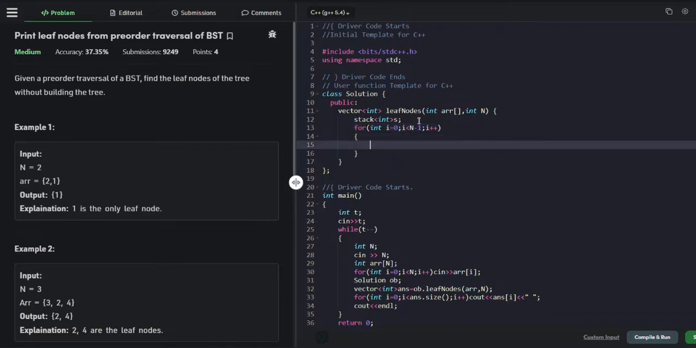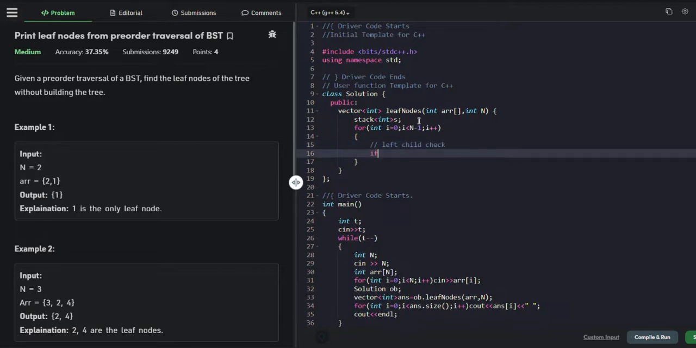So first, what we need to check is if it is having a left child. So how are we gonna check that? We can check that using this condition: if the current element is greater than the next element, that means it is having a left child. So in this case, we can simply push this current element into our stack, because this becomes the root of the next element which we are going to iterate over, and we are gonna need the parent element. That's why we are pushing this. Otherwise,